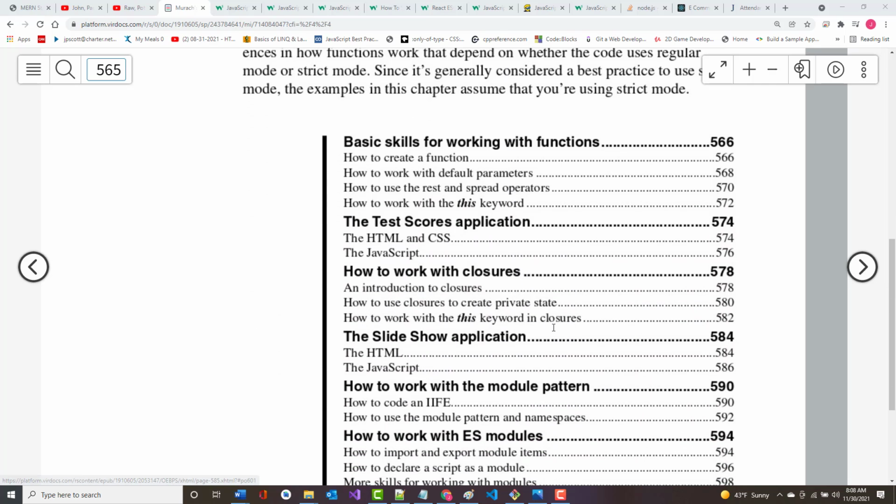As you can see in here, they have a couple of applications. They go back and rewrite that test scores application. One of the things they're going to talk about in here with functions is something you've already dealt with, and that is default values. You've worked with them already. We used them in our last test. But they're also going to talk about what are known as variadic